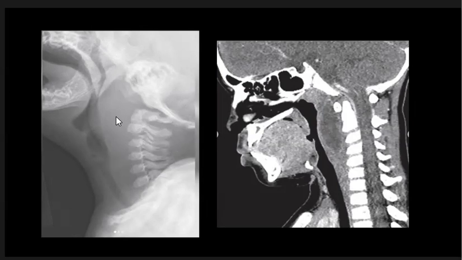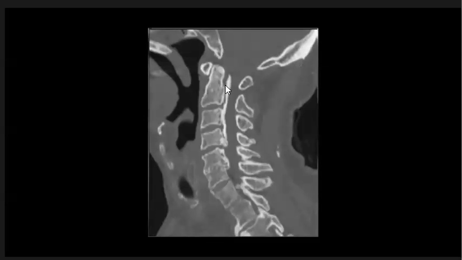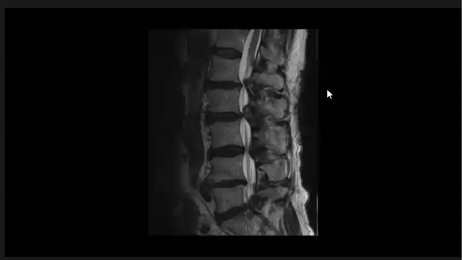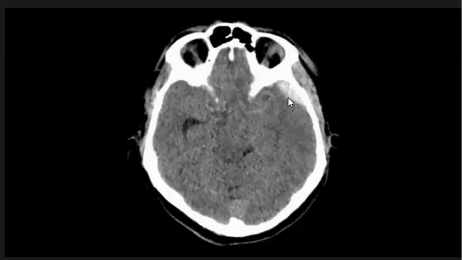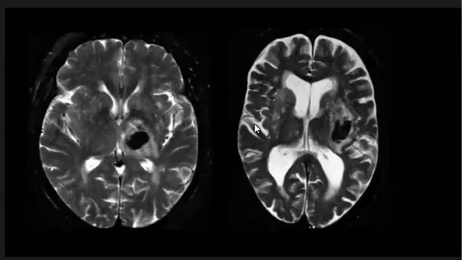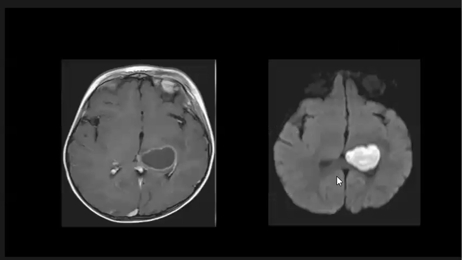Don't forget the site of extension and the complication, ossification of the posterior longitudinal ligament, as we see here, spinal canal stenosis, epidural hematoma with uncal herniation, intracerebral hemorrhage, as we see here in the left side, brain abscess, typical brain abscess,